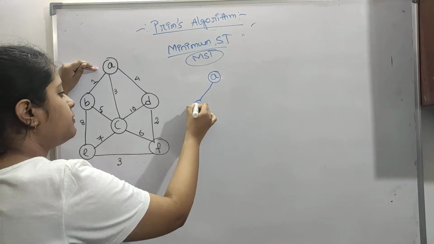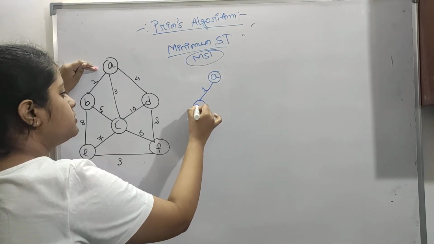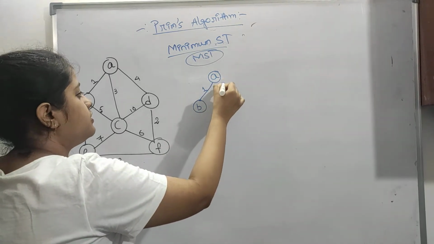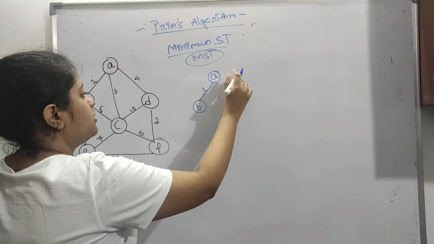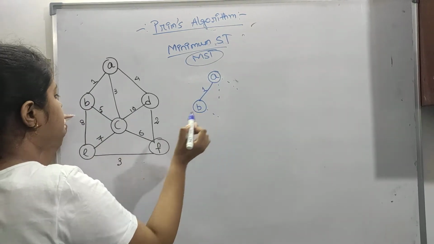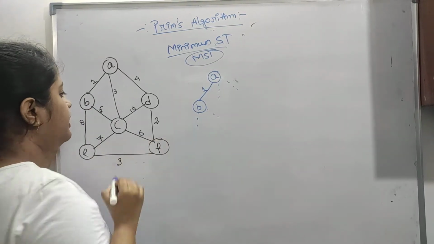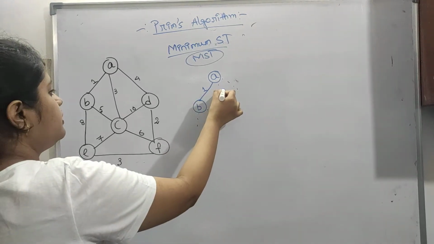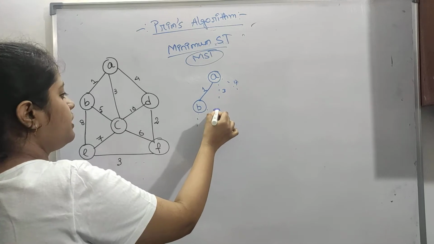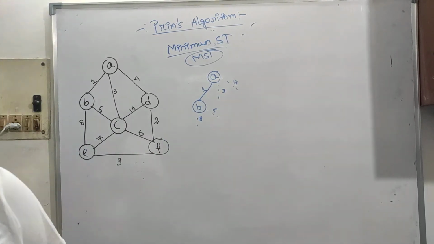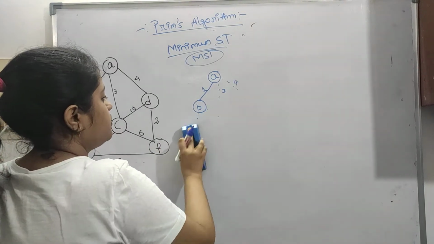So we have to take the minimum only. So 1 is chosen and B is there. Now among all these, this is 3, this is 4, sorry, this is 4, don't have to write this. Then from 5, this is 5, this is 8. Okay, so this is 8. So among all these, 3, 4, 5 and 8, which is the minimum? 3 is the minimum, right? So we will take this only.